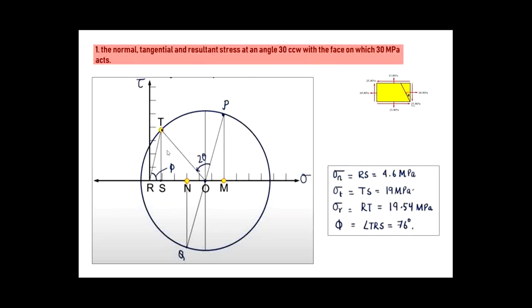Look here at this angle: twice theta came, phi came, and here the angle is taken as phi. So these are the particulars after solving on the graph paper. You have to solve it on graph paper, taking a particular scale for the megapascals. So sigma n, sigma t, sigma r. Which is sigma n? That is RS. Sigma n is RS, sigma t is TS, sigma r is RT, and this is the angle phi, TRS. Okay, so this is our problem.